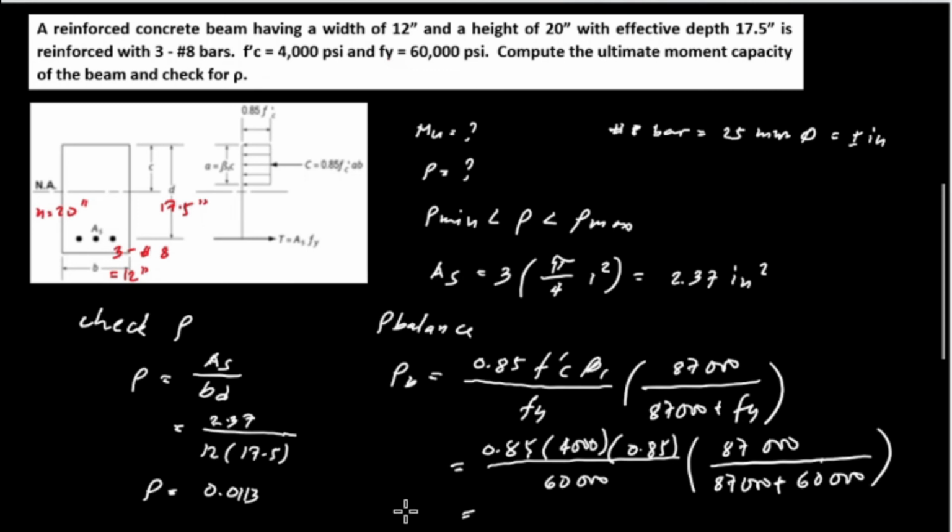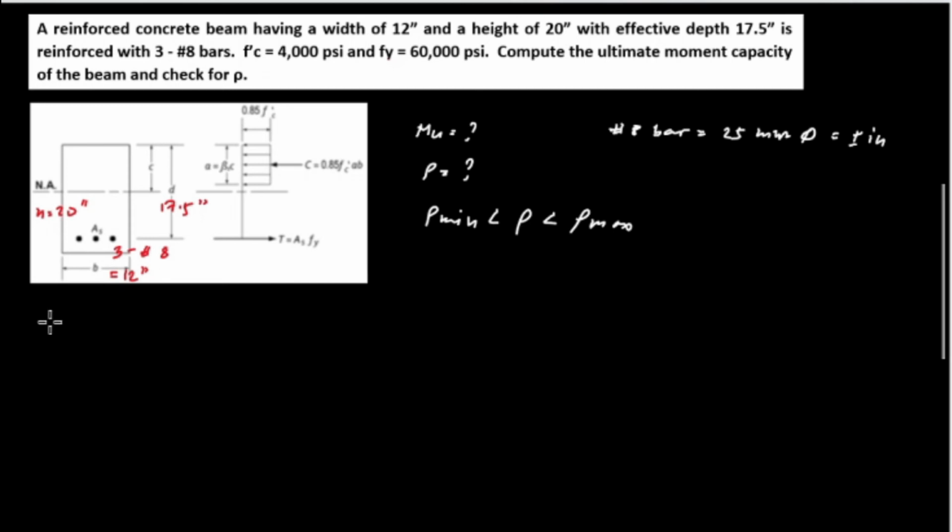and by computation, rho balance is 0.85 times 4,000 divided by 0.85 over 60,000, so we cancel out 3 zeros, and multiplied by 87,000 all over 87,000 plus 60,000, and the value for rho balance is 0.0285. So we have now the rho value, which is equivalent to 0.0113. Rho balance is equal to 0.0285,